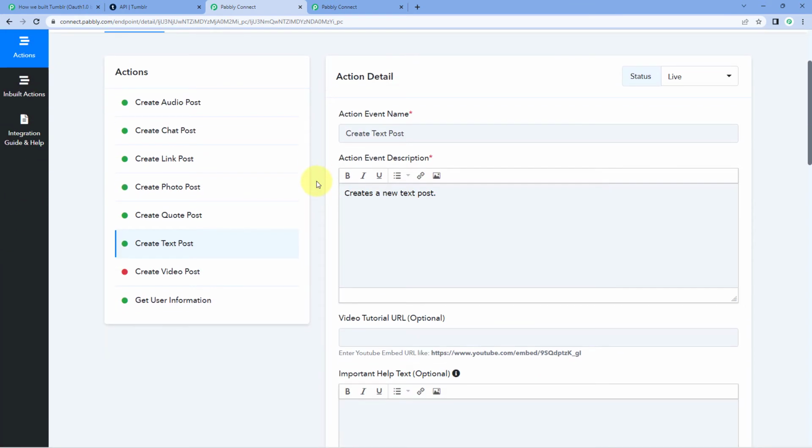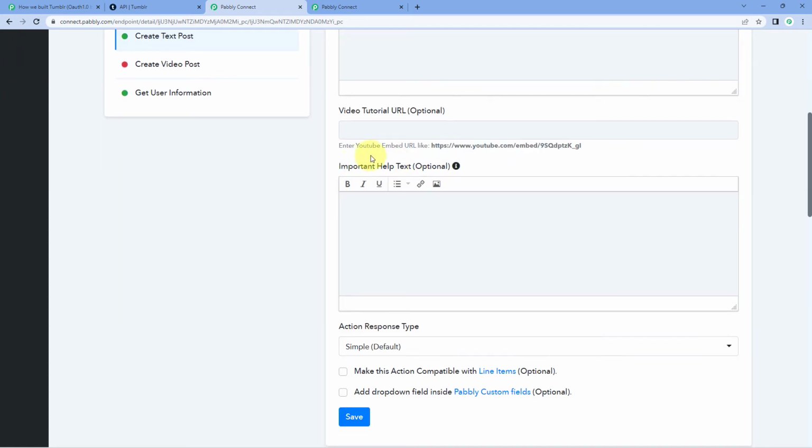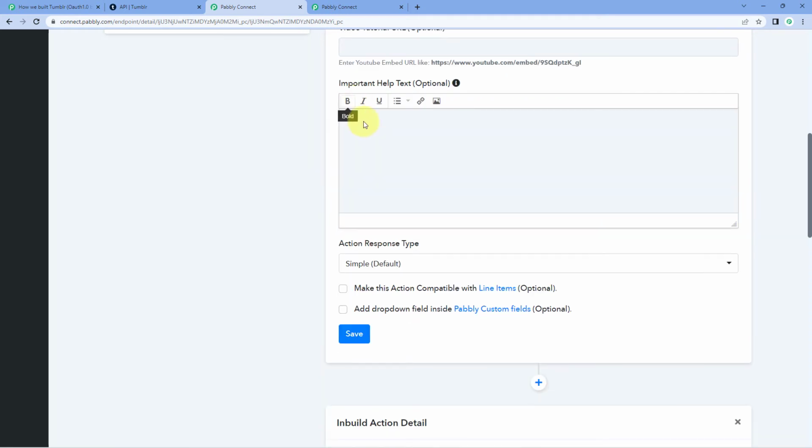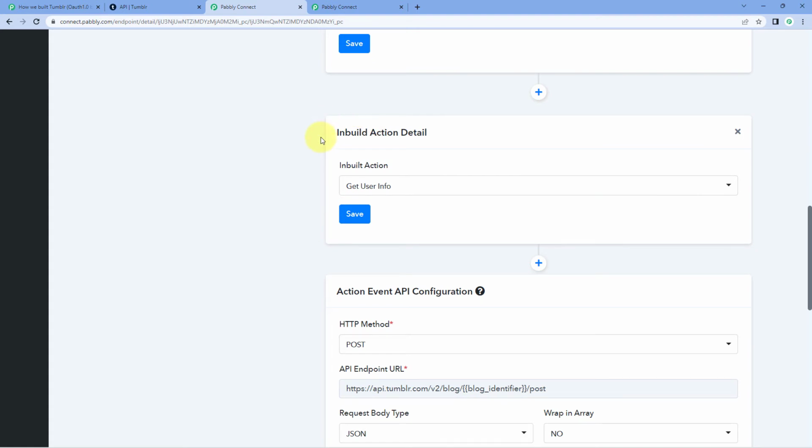Then just enter basic details of the action, like what is the name of this action event and the description. If you have a video tutorial, enter the URL of that video tutorial over here as well. Enter some important help text if you have, and then select the action response type and just click on save. After all of this, when we scroll down, you will see a step named